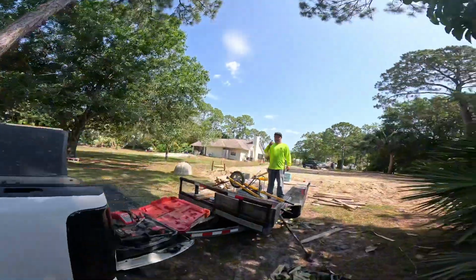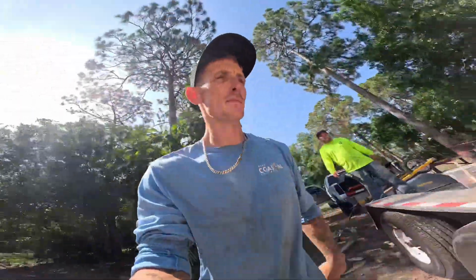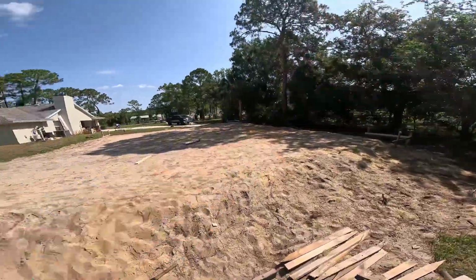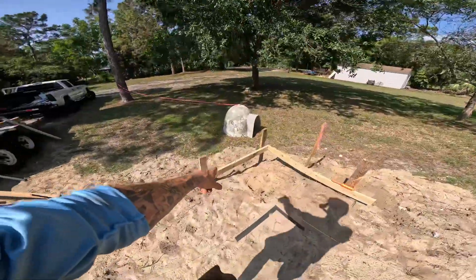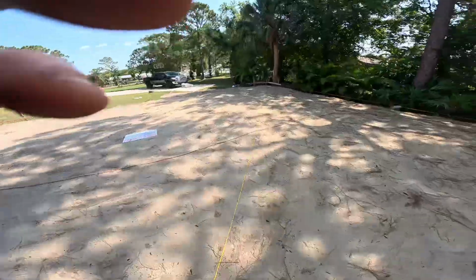Good morning, everybody. It is Saturday and we are at the job. The formation of a 50 by 42, a big old slab. I set up the batter boards this morning. Got the string lines ran. We're squaring it up now. I ran into an issue where we were